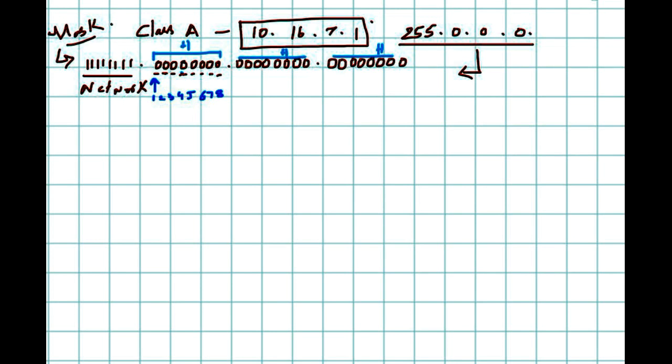So you borrow these places, the bits in each place, in this first place, second place, third place, and so on, and you borrow this place and convert it and use it as a network portion. So now this is the network portion. So I will put it here like this, N.